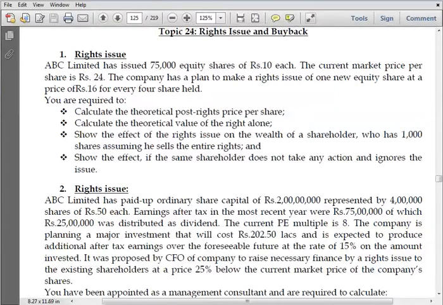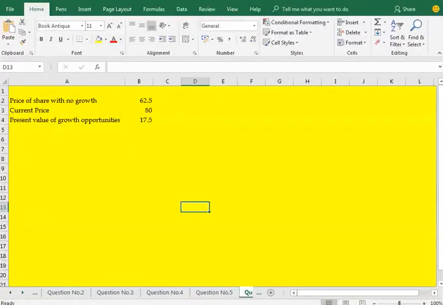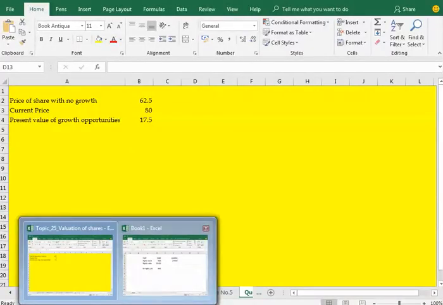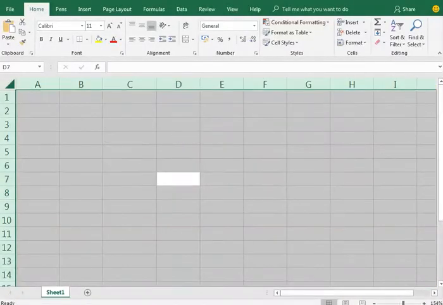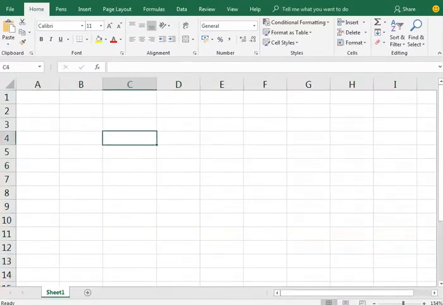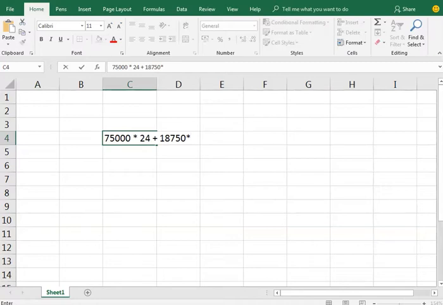75,000 into 24, plus what is the rights share they have said, rights issue ratio? 1:2, so 18,750. 75,000 into 24 plus 18,750